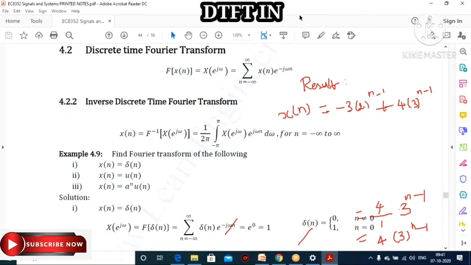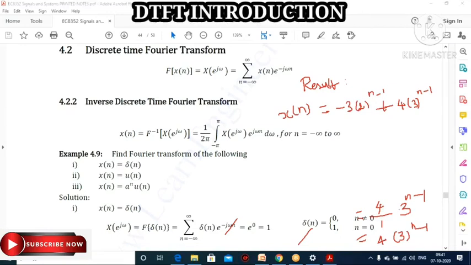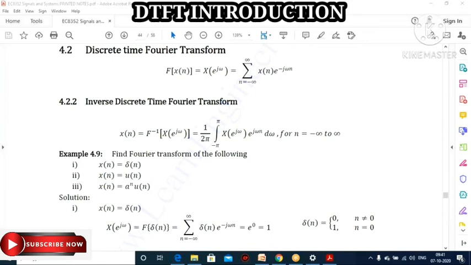Okay. So the second topic will be the DTFT. In unit 4, I am just giving you the introduction here. In unit 4, the very important topics are DTFT and Z transform. In the last 4 classes we discussed only the Z transform. Why am I giving more time to the Z transform? Because in the Z transform there are 9 different properties available.